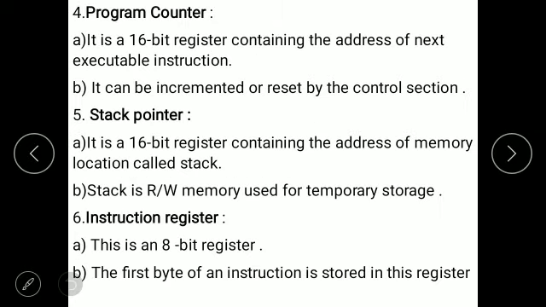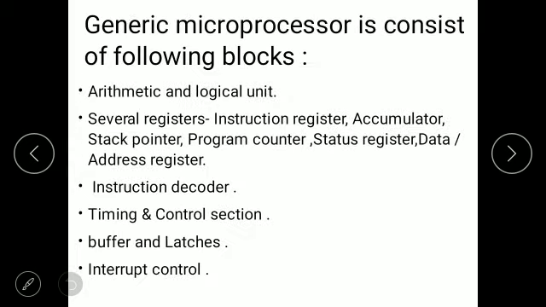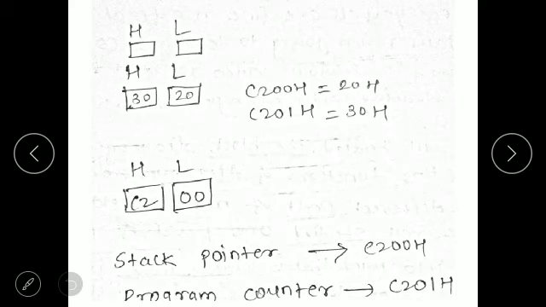If you see the explanation, it is a 16-bit register containing the address of the memory location called the stack. Stack is read-write memory used for temporary storage. Or we can simply say your stack pointer stores the memory locations and always points to the current memory location of the stack. In the example, suppose the first memory location is C200H, then the next is C201H.